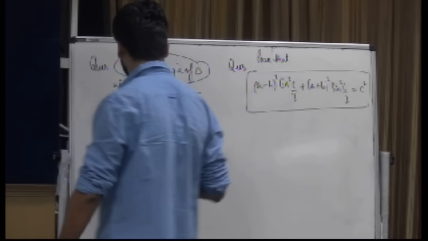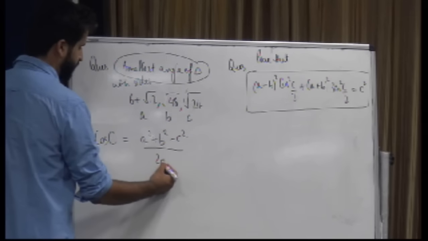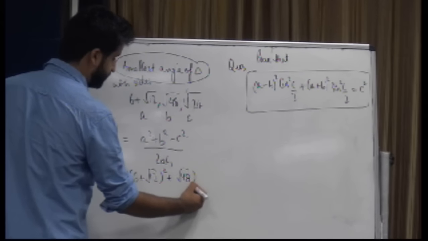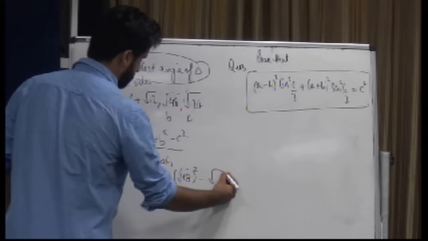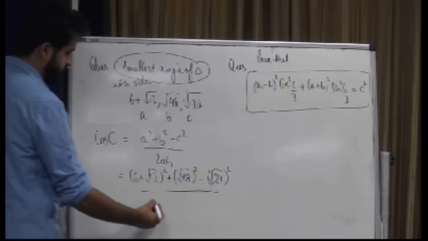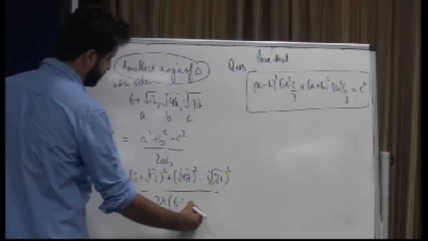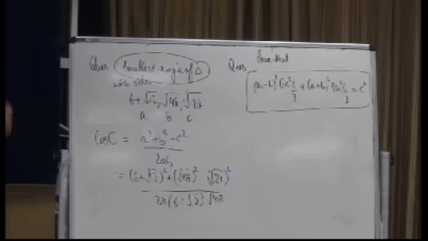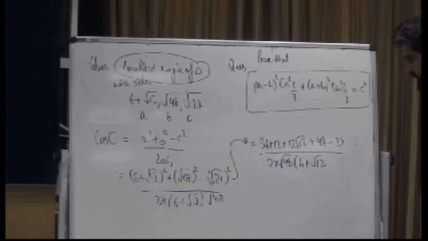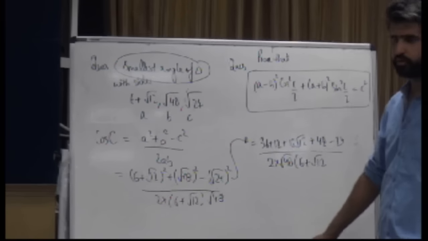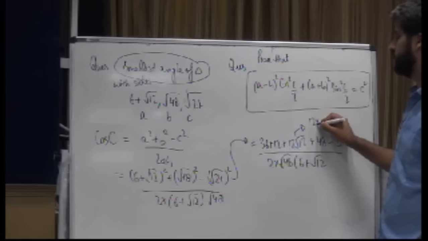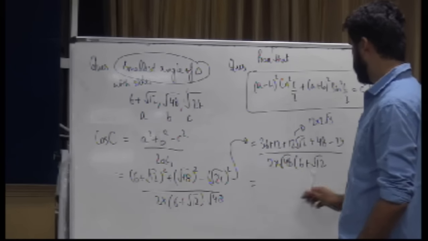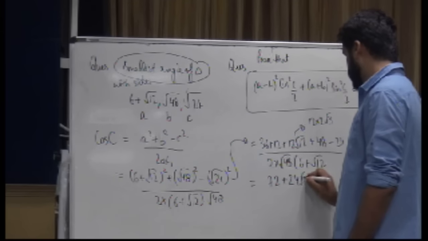So cos C will be equal to (a square plus b square minus c square) upon 2ab. So this is (6 plus root 12 square plus root 48 square minus root 24 square) upon 2 into 6 plus root 12 into, right? So after calculation, what is this? 72. 72 plus 12 root 12. This is 12 into 2 root 3, right? So this one is 24, yeah, 72 plus 24 root 3 upon,